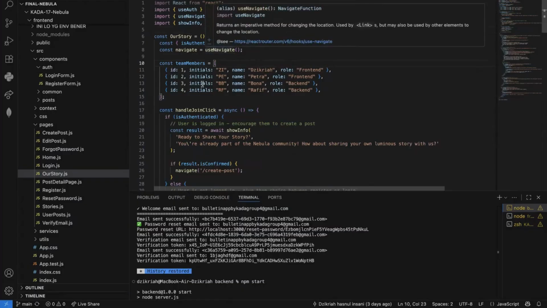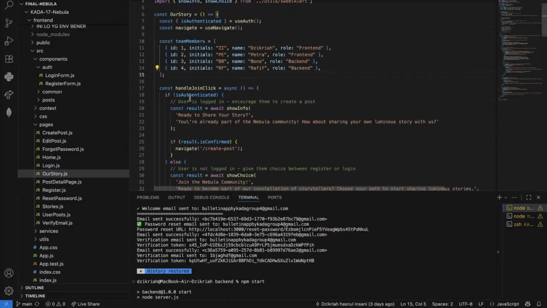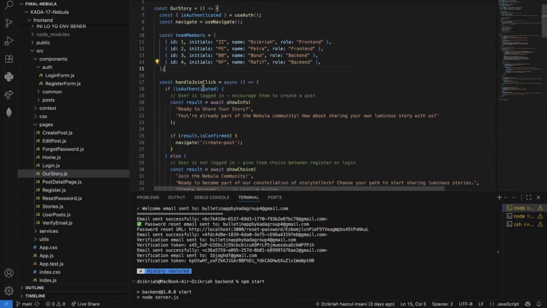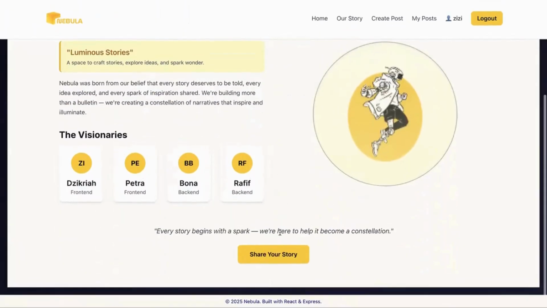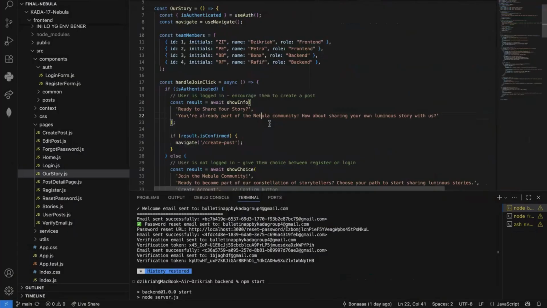Okay, this is just the team data for the visionaries. You see that? And here is the handleJoinClick. This is the main interactivity. This function handles what happens when they join our journey or share our story.